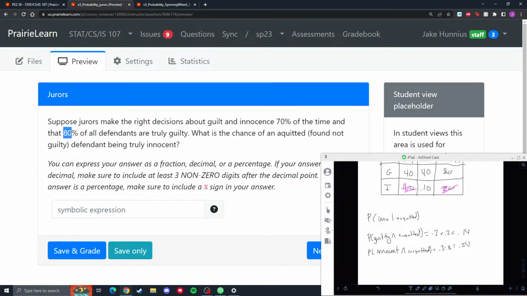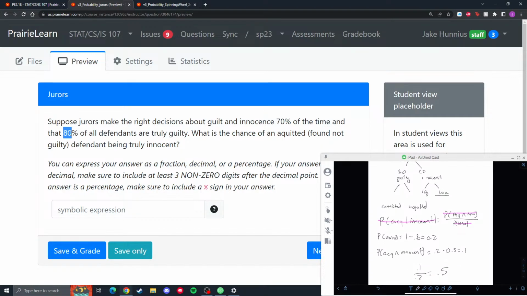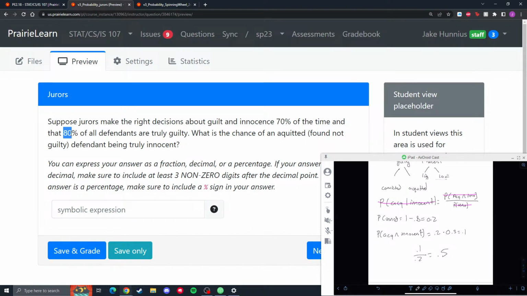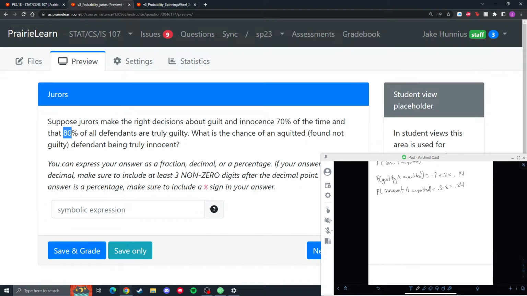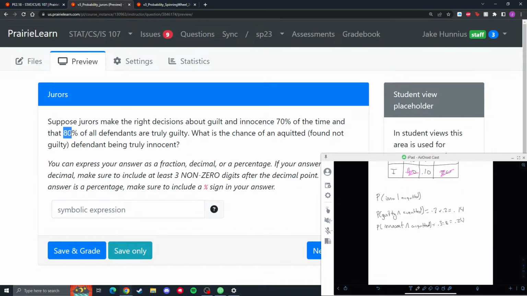I personally resort to the tree method whenever I get a little confused because this can be tricky. So it's 80-20 again, and then we know that it's 70-30, so 0.14 or 14 and whatever that is. And then we know it's 24. So it's just going to be our innocent and acquitted